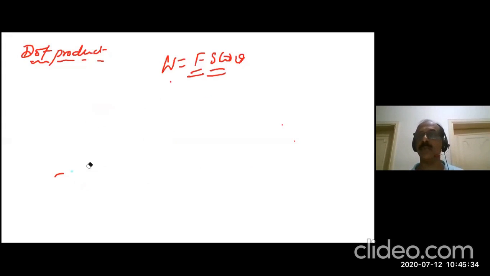One example I'm showing here. Another example you will study in 12th standard. Many examples: current, electric flux, magnetic flux. There are so many examples, but if I tell you now, you won't be familiar with them.